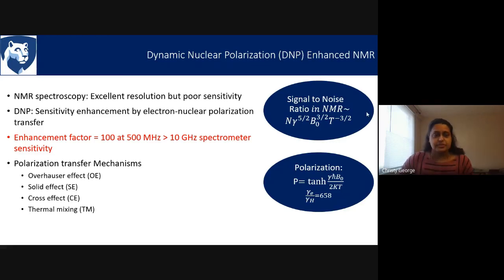However, the sensitivity enhancement that can be achieved by all those methods are nothing when compared to what can be achieved using a technique known as dynamic nuclear polarization. In DNP, we are achieving a sensitivity enhancement by transferring the polarization from electron to a nucleus. How does that improve the sensitivity? Because the electron has a magnetogyric ratio which is 658 times higher than that of the protons and much more when we compare to other nuclei. So we can, in principle, get a sensitivity enhancement of 658 for protons, the theoretical maximum.